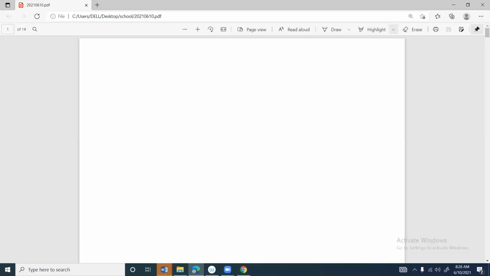Today our topic is to learn about combined functions. The topic is combined functions. Okay. Combined functions means that when you have a certain function, it can be explained by